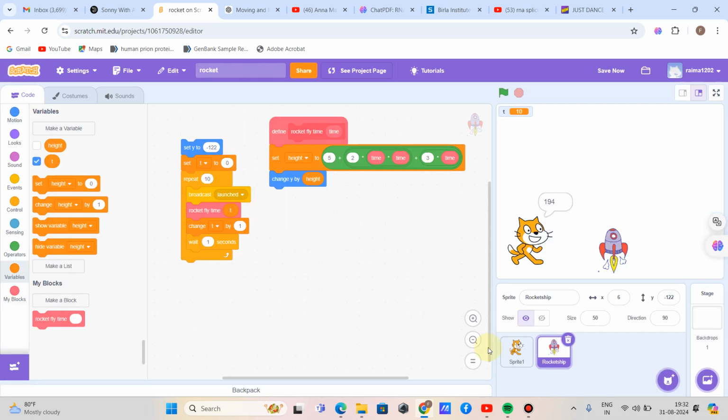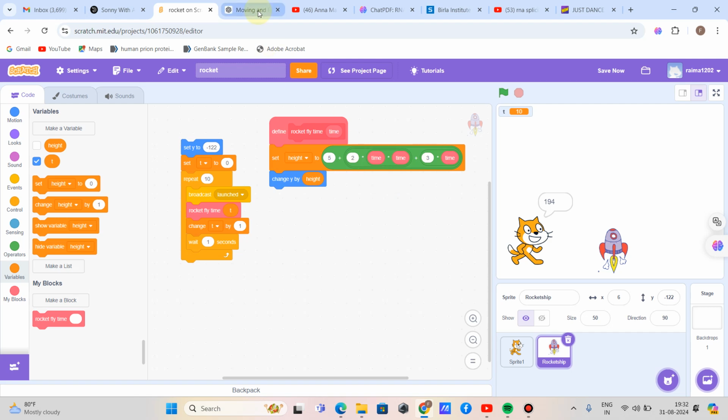When I click on the rocket ship sprite, these are the pieces of code which govern the behavior of the rocket sprite only. First of all, I define the relationship of how the rocket is going to move upwards.